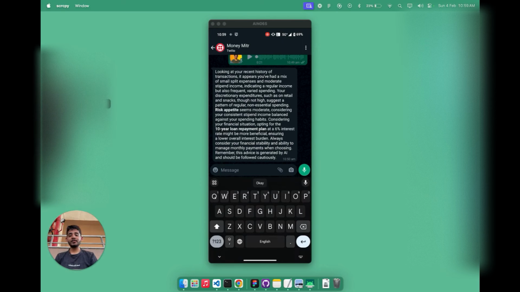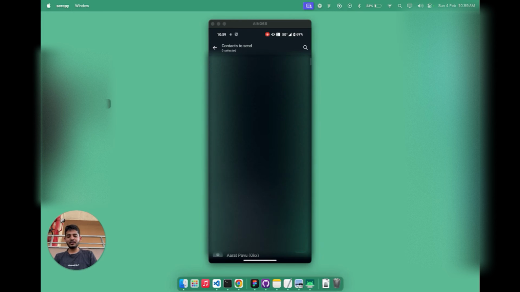So one of the pain points I personally face when I go out with my friends is that I have to convince everyone to get on a particular splitting app and familiarize them with the UI, tell them how to create an expense, split it, and so on and so forth. But since everyone is so familiar with the UI of WhatsApp, we have integrated a Splitwise algorithm that optimally splits in WhatsApp itself. So let me try with a simpler example first.